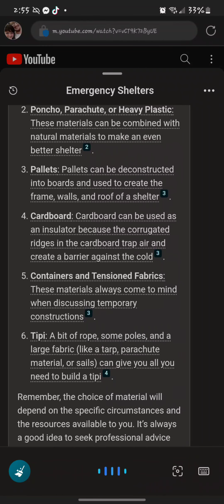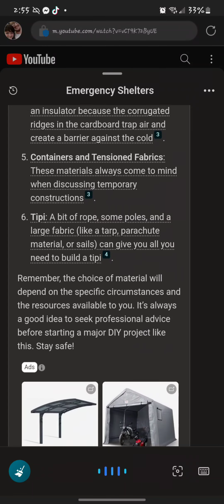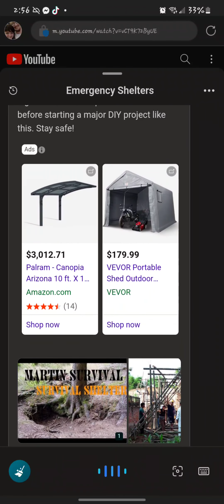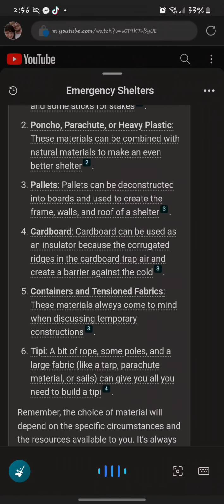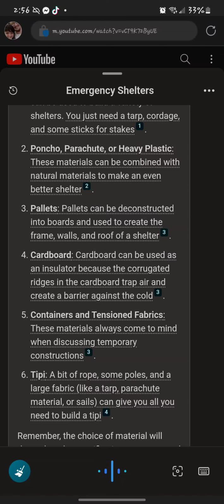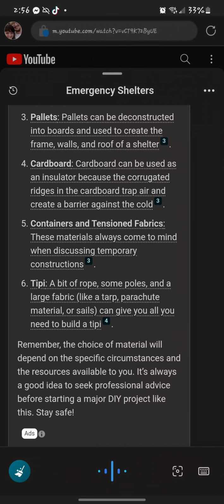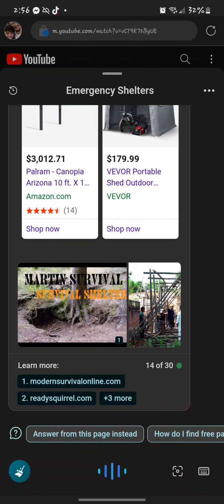Pallets. Pallets can be deconstructed into boards and used to create the frame, walls, and roof of a shelter. Cardboard. Cardboard can be used as an insulator because the corrugated ridges in the cardboard trap air and create a barrier against the cold. Containers and tension fabrics. These materials always come to mind when discussing temporary constructions. Teepee. A bit of rope,